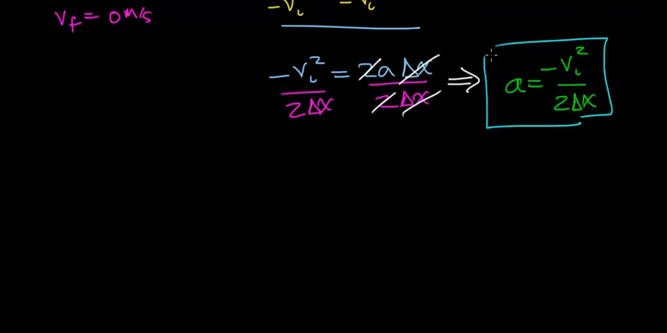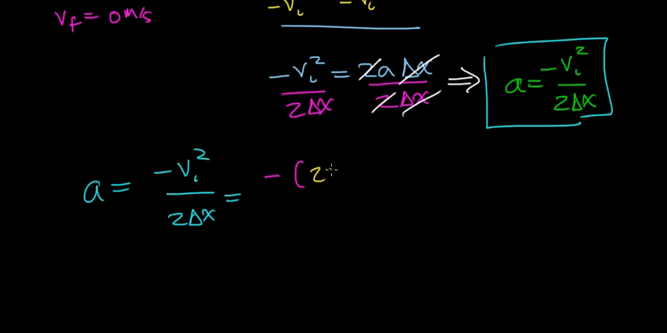Now to figure out the acceleration of the car that's slowing down over a distance of 100 meters, we're going to just plug in the information that we know: minus v initial squared divided by 2 times the distance over which it slows down. This is going to equal, we said that the initial velocity of this car was a positive 20 meters per second, and then we're going to square the entire term, and then we're going to divide this by 2 times the distance over which this car is going to slow down, which in this case is